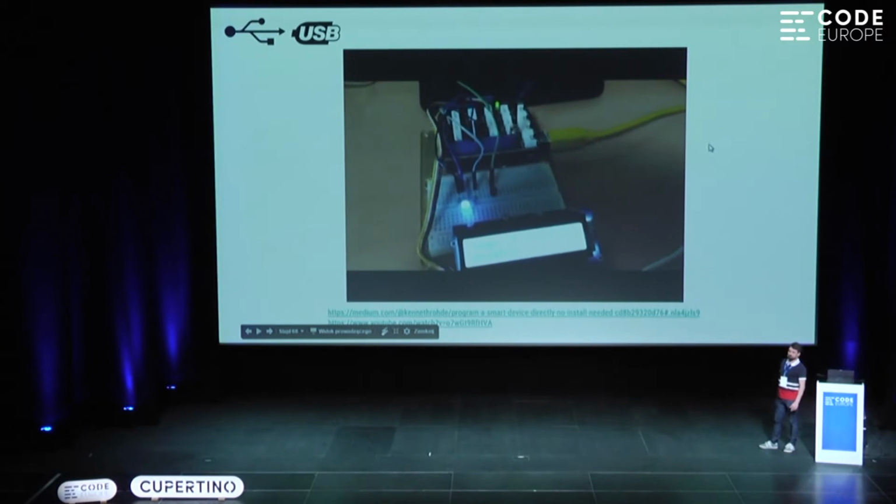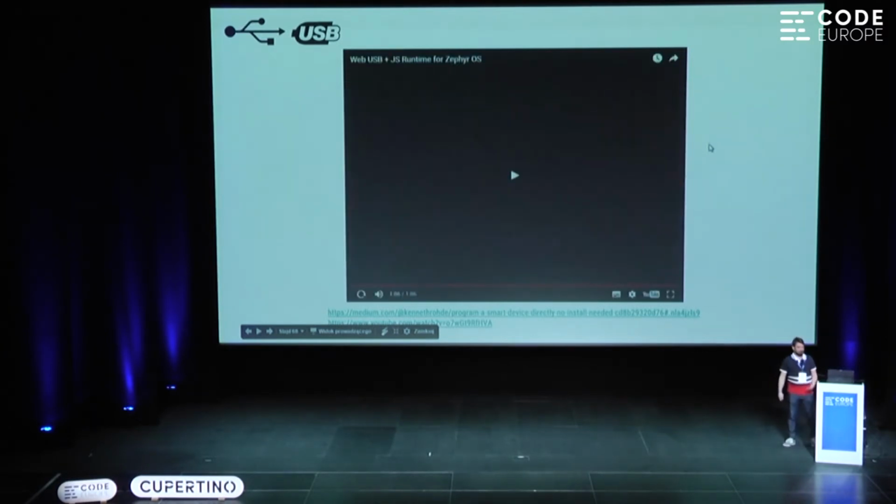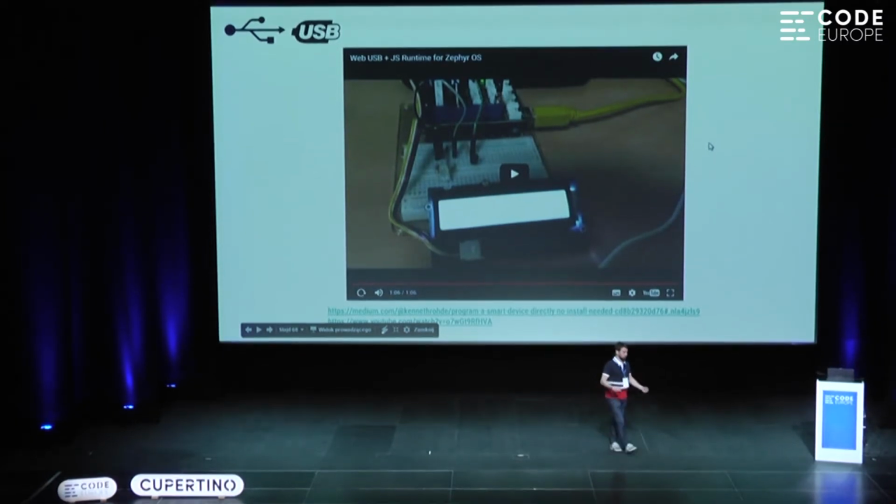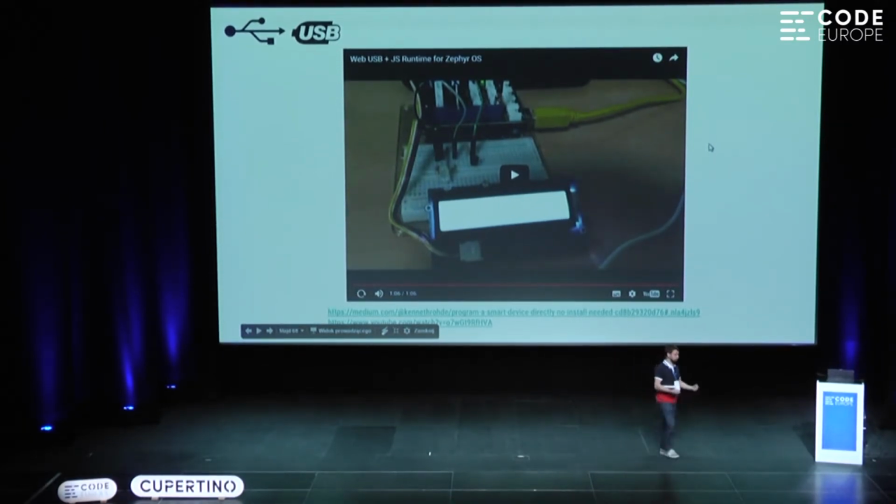I'll start changing the color of the LED. So I think this WebUSB is super cool, and especially with JavaScript, even doing IoT is super nice because it's so rapid. You can just make changes and deploy. You don't need to install this big toolchain of C code and compiling a kernel and getting USB to work, installing it, getting it on the device, rebooting. It's really cumbersome and difficult to get started. And this is much better.